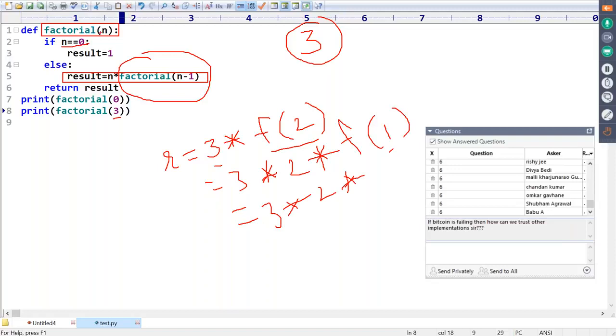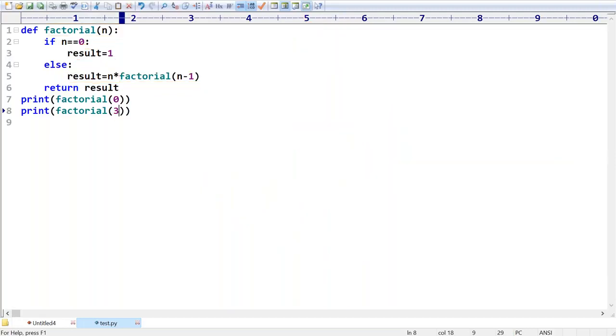Sir, is it 0 or not? No. If it is not 0, what is it going to do, sir? n means 1 into f of 0. Sir, now is the n value 0 or not? Yes. Result is equal to 1. Sir, in this case, I have to return 1. Then automatically, what is the output we are going to get, sir? 3 into 2 into 1 into 1. Its value is always 6. Clear? Everyone can understand, right?